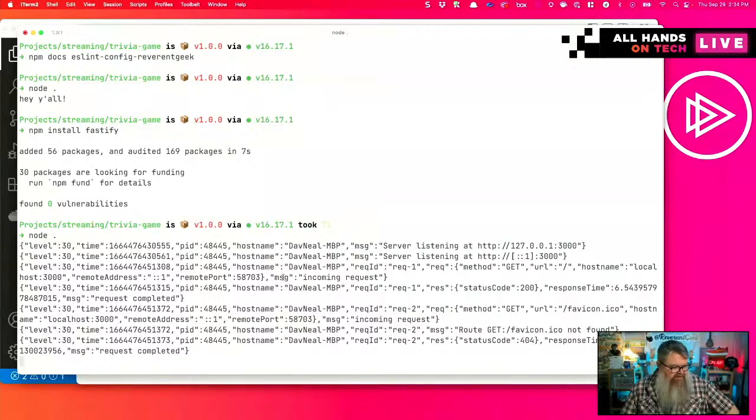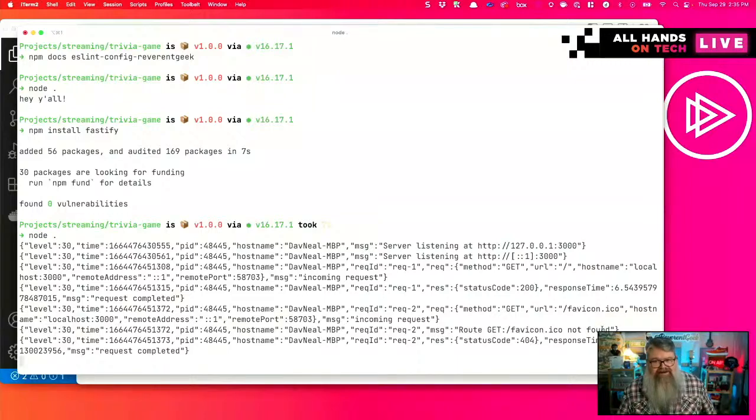It logged an incoming request to the URL /, which is the home directory, and it returned status code 200. It also received a request for favicon.ico, which is kind of a standard thing that browsers do, is check to see if there's an icon associated with the website.